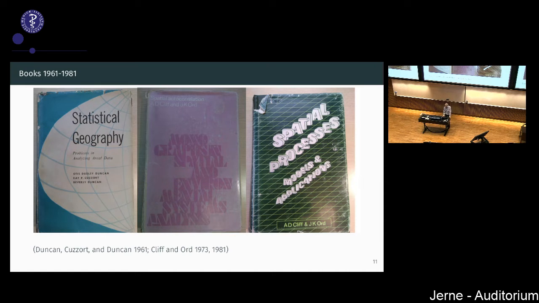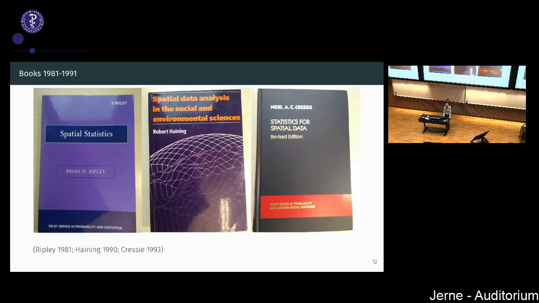The kinds of books we were using included one in statistical geography, a sociology book from 1961, which was pointing out the problems that you have when you segment or aggregate data into area units. It's followed up by Cliff and Ord. You can hardly see the white text at the top, which says spatial autocorrelation. And Cliff and Ord then produced a second edition called Spatial Processes in 81.